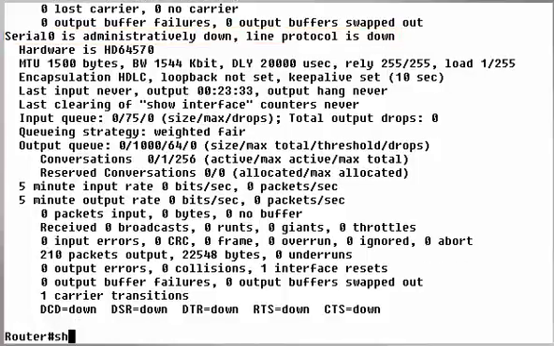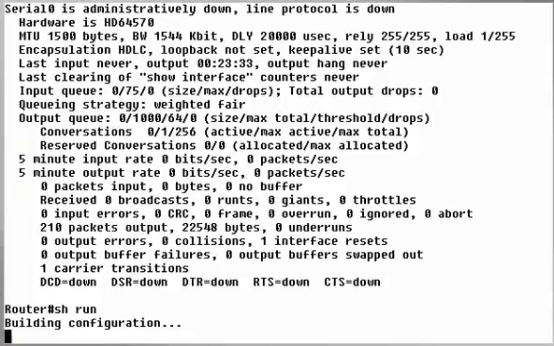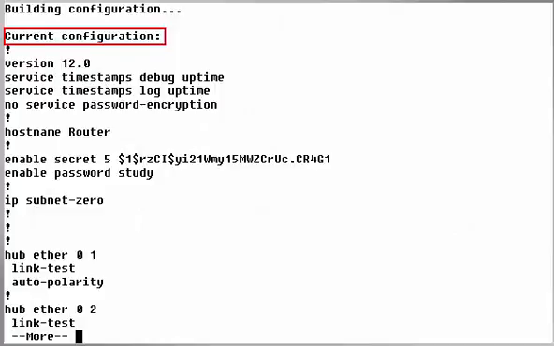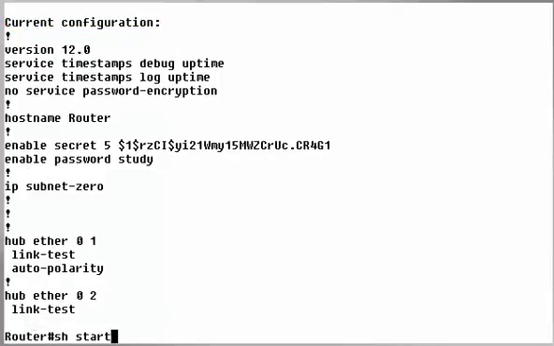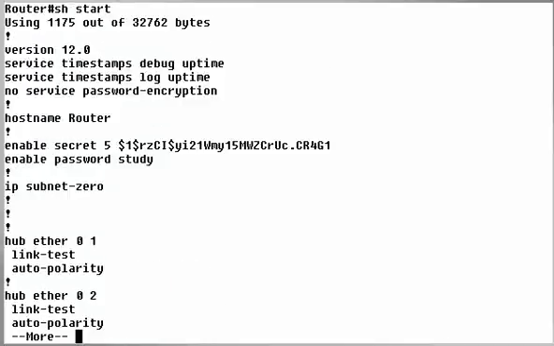Typing show run, short for show running config, lets you see the configuration file the router is running right now. The show start command, on the other hand, displays the startup configuration file stored in NVRAM. The router uses this configuration when you turn it on, unless you specifically tell the router to use a different